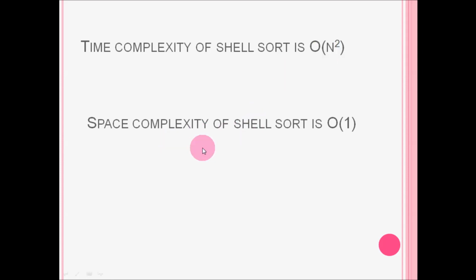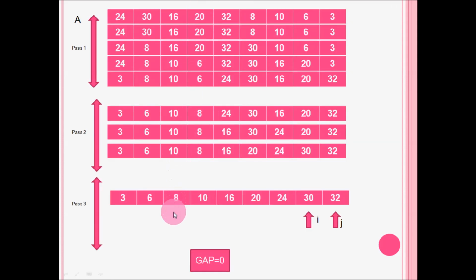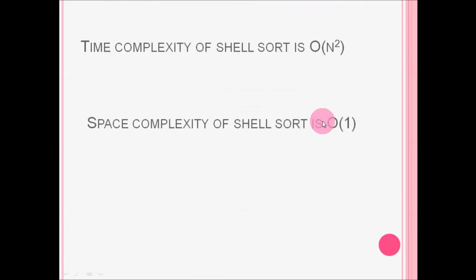And as I told you, these arrays are just for your clarification, otherwise the shell sort is going to work inside a single array only. I drew all of these to show how exactly the shell sort is working, otherwise all these steps are done inside a single array only. So the space complexity of shell sort is big O of 1. I hope you understood the step by step working of the shell sort, along with the pseudo code and algorithm of the shell sort, and the mapping of the algorithm to the time complexity and space complexity too. Thank you for watching the video.